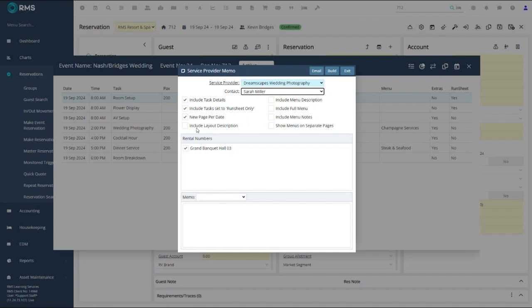And if there were layouts associated to the tasks, the layout description might be useful, as well as including the menu details. This would be applicable for any of those tasks that have a menu assignment, and this service provider or vendor needs to be aware of them. If you need to, you can add or remove any of those areas as required. As we go through, we see the rental number that's already been pre-selected. Beneath it though,